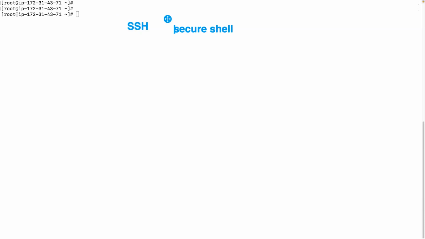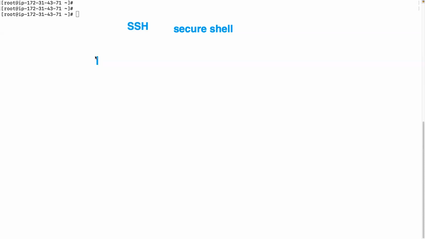This is a protocol used to connect to any remote machines. Let's say there might be a Jenkins server, a Linux server. It might be on-prem, it might be on your AWS, it might be on private cloud or public cloud, whatever it is. There might be a Linux server, you want to connect to it. So how do you connect? That's where you use the secure shell Linux protocol to connect to any remote machines and do some tasks on